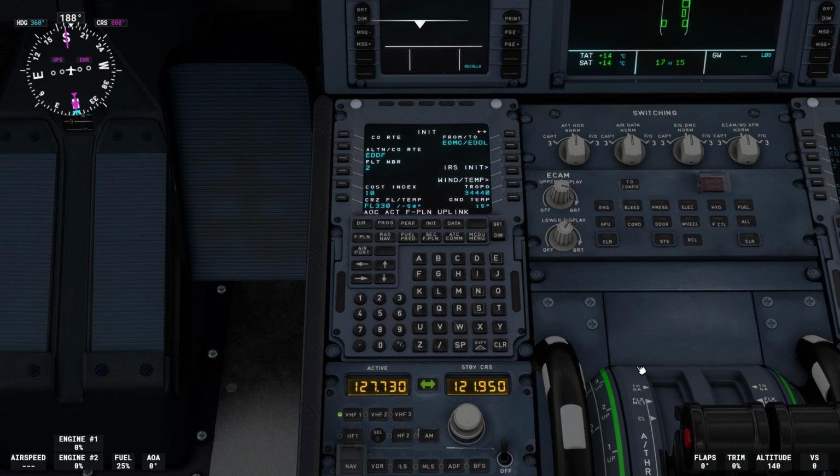Excuse me. We can go to have a look in IRS initialization, that's all fine. So everything's basically been pre-configured. But what is good is we can come into wind temp, and we can go and do a wind request as well, and we'll fetch